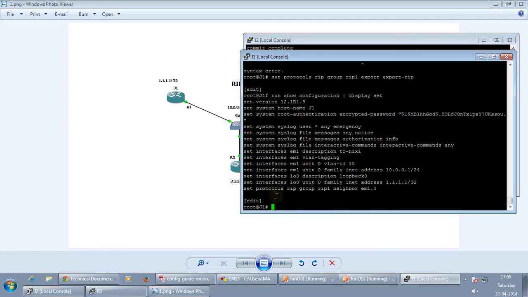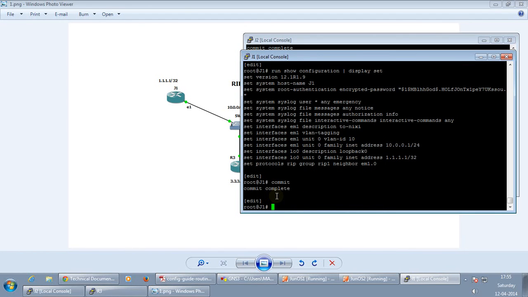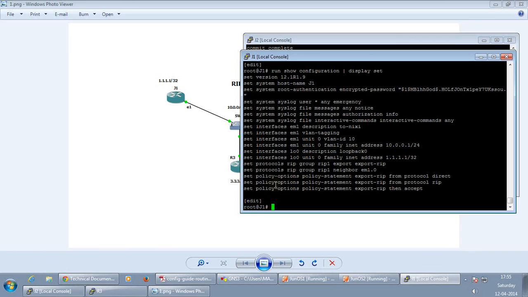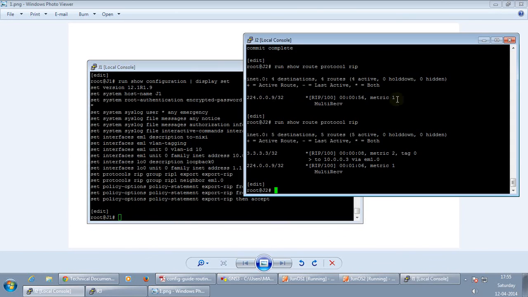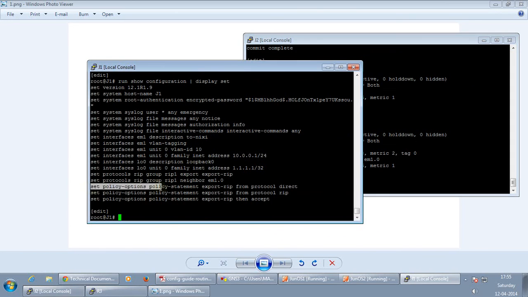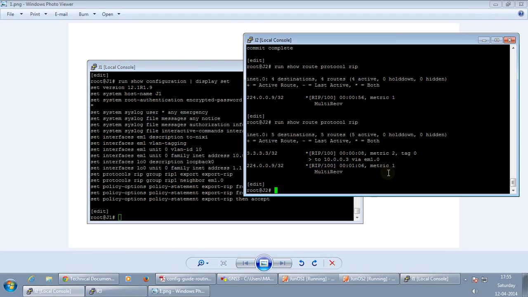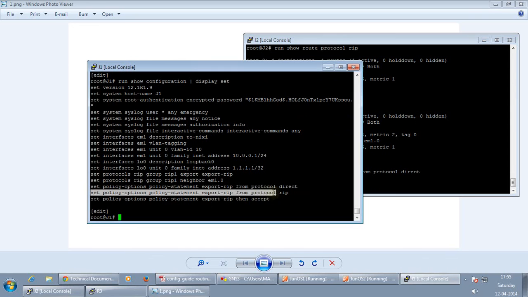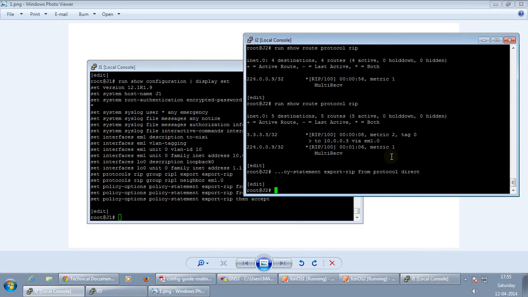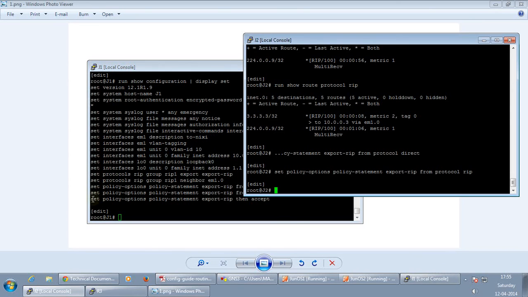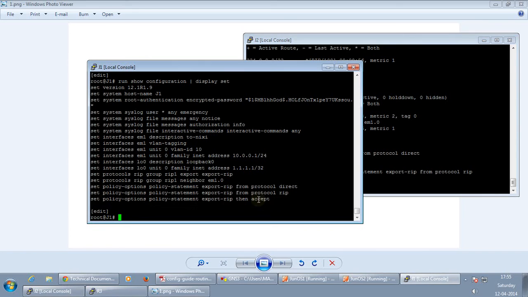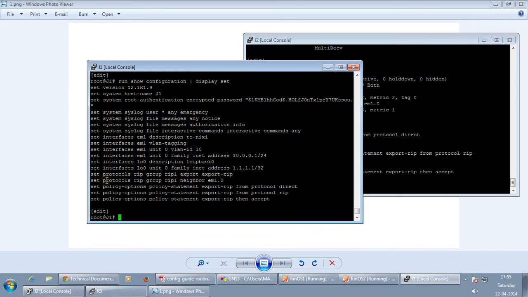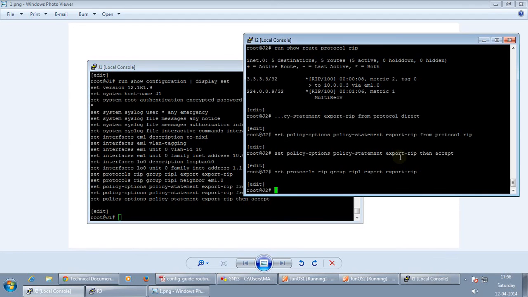I need to commit before that. And you can apply that to the RIP process, and you can do a commit,